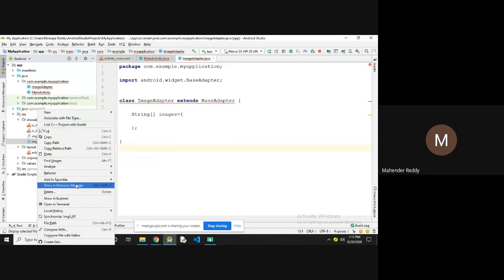In Android, only two types of image files are accepted. One is .png and another one is .xml.